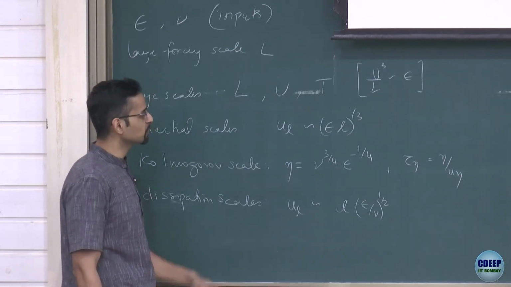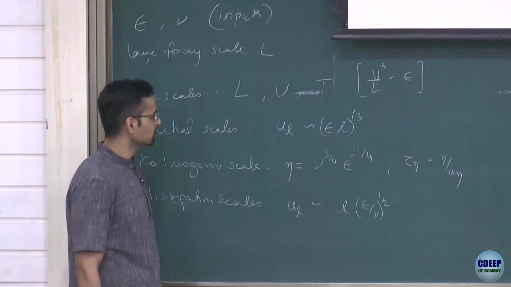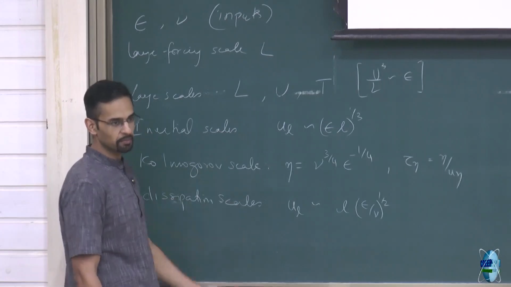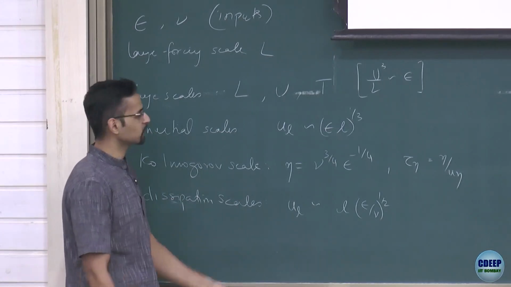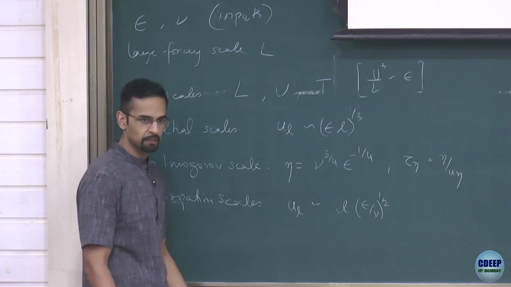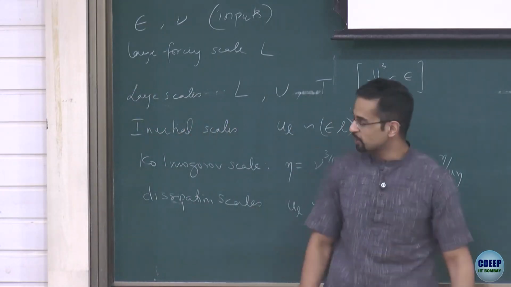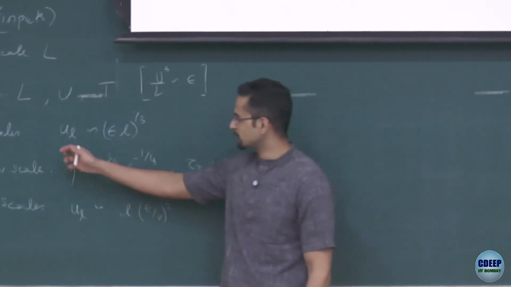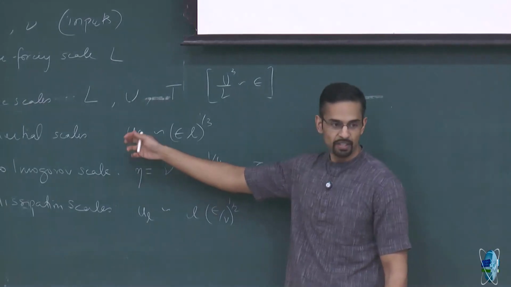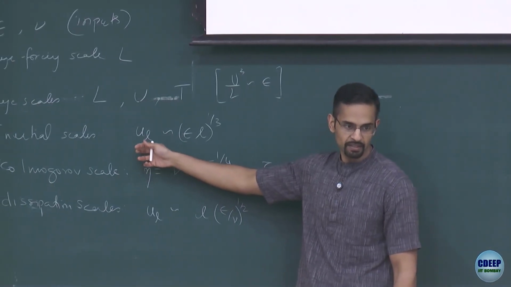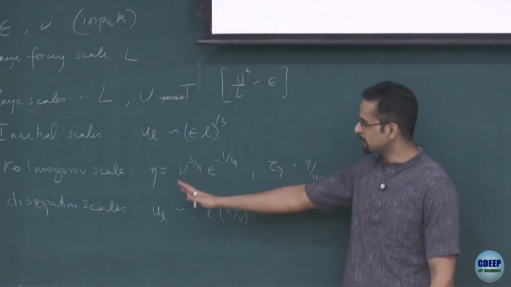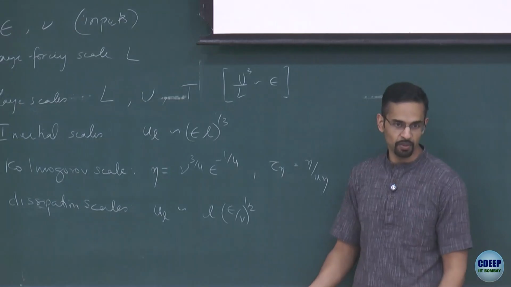So from that physical argument, and then by using just the fact that the energy transferred from scale to scale in the inertial range cannot depend on viscosity, only on that particular scale, if you hypothesize that, you get this behavior just from dimensional analysis. Of course, there are lots of assumptions here, including the fact that this transport of energy across scales only depends on that local scale, whereas in reality, there can be all kinds of interactions across scales. So all these things bring in deviations from the Kolmogorov behavior.